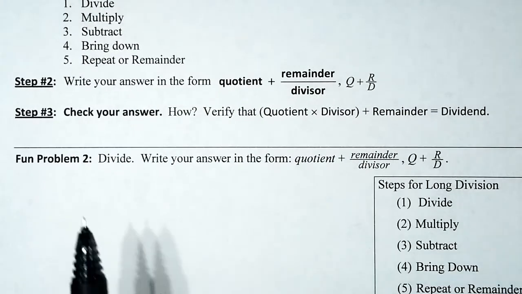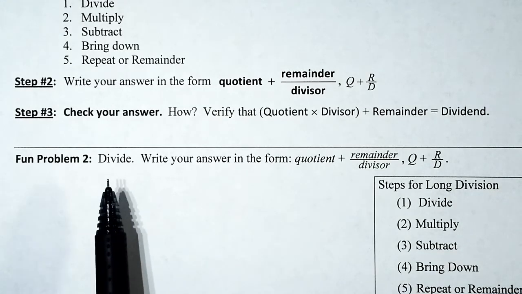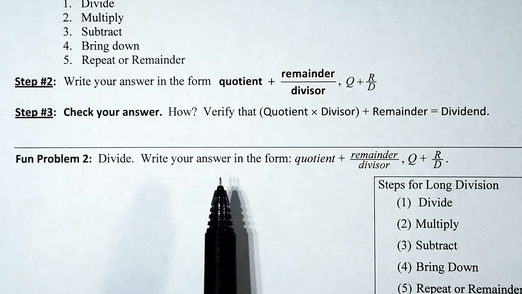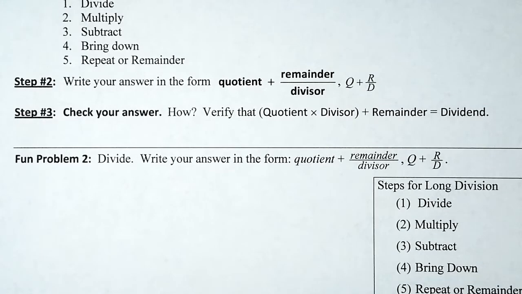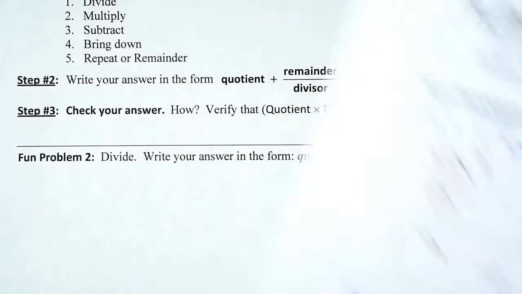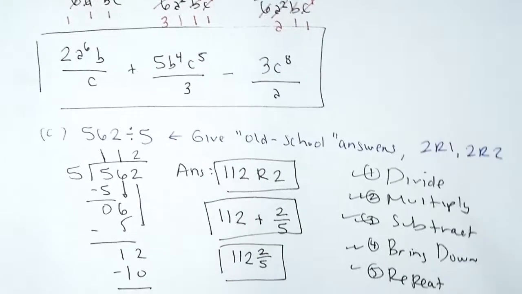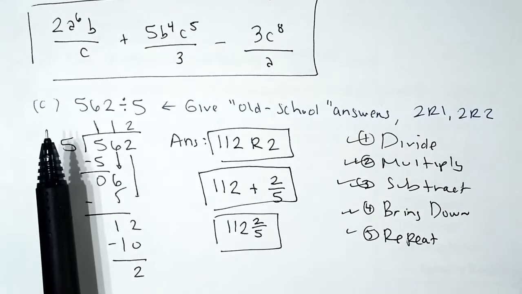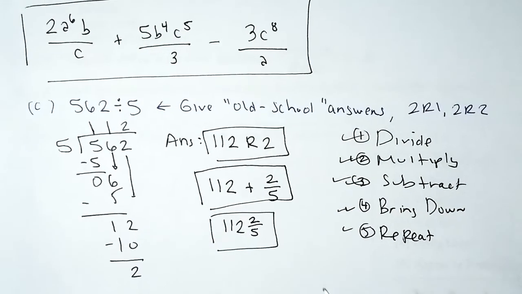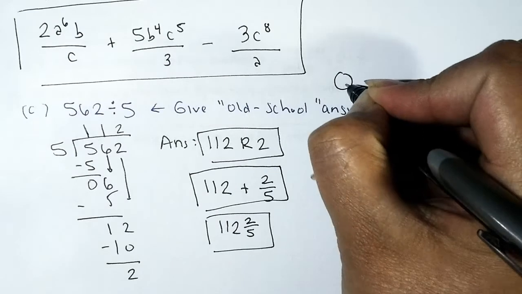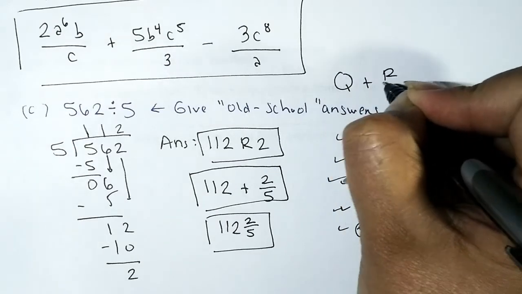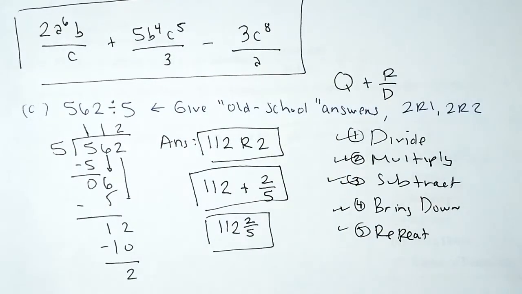Okay, so we are asked to divide, and then we want to write our answer in the form quotient plus remainder over divisor. So let me explain that. So going back to our old school problem, we were asked to divide, and then we write the answer in the form quotient plus remainder over divisor. Okay, before I forget,